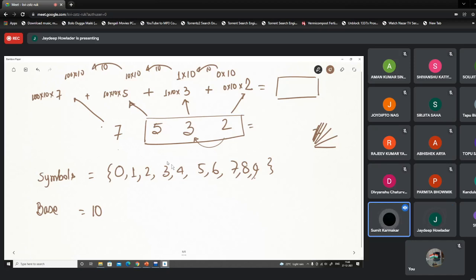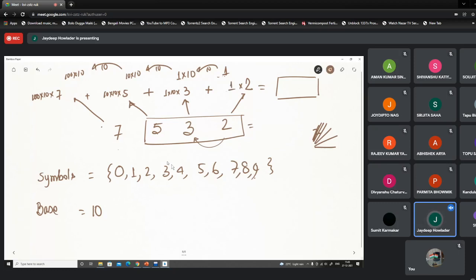Sir, we multiply 0 in the case of 2. 2 multiplied by 10 multiplied by 0. Oh, no, this is 1. Sorry, this is 1. Then we multiply by 10. Then 10, 10, 10. Okay. So initially it is 1.